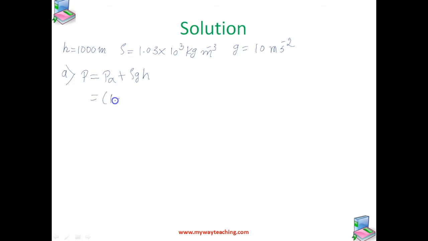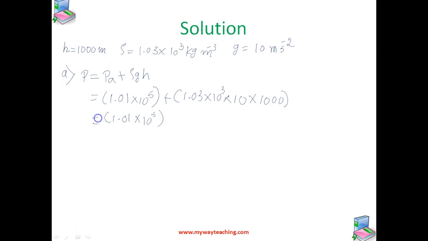So we know atmospheric pressure is 1.01 into 10 raised to 5 Pascal, isn't it? And rho is 1.03 into 10 raised to 3, and the value of g is 10 meters per second squared, and the value of h is 1,000. Okay, so if you simplify this,